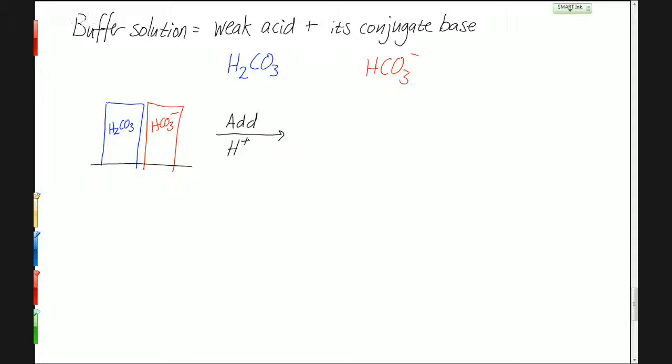Now normally, adding protons, if we just add protons to water, like when we dissolve HCl in water, all those protons go to form hydronium ions, and that changes the pH drastically, because we now have a whole bunch of hydronium that we didn't have before. But if you've got a buffer solution, instead of making hydronium ions, what happens is the H plus actually reacts with the conjugate base. So this stuff goes with this stuff, and you end up with a little bit more